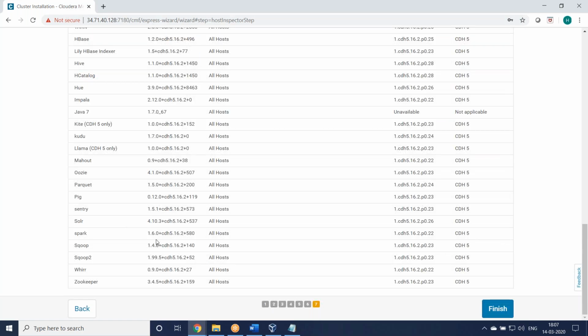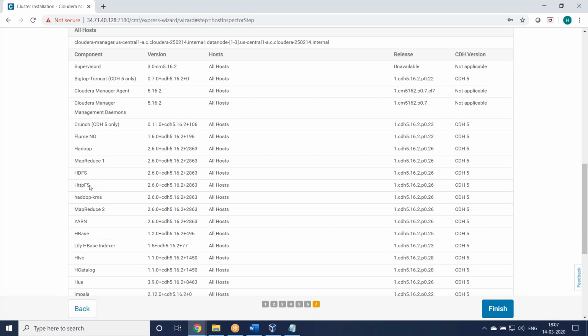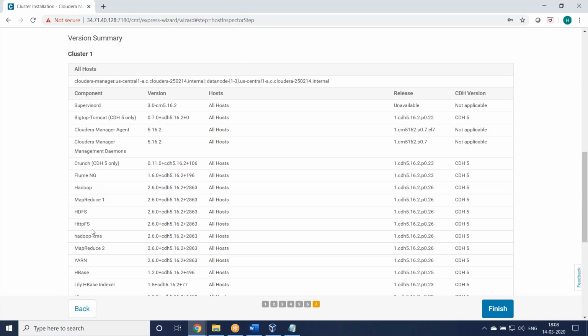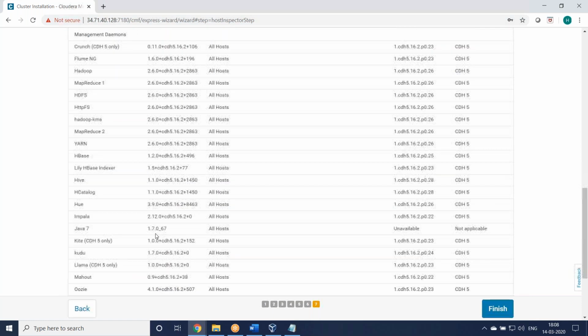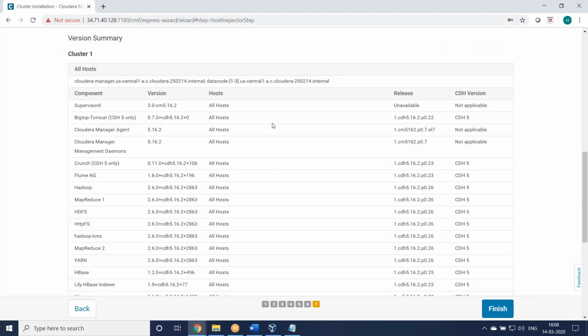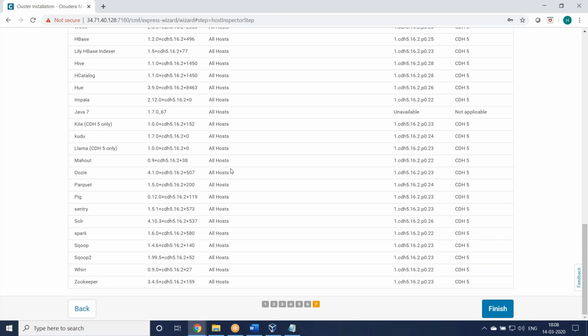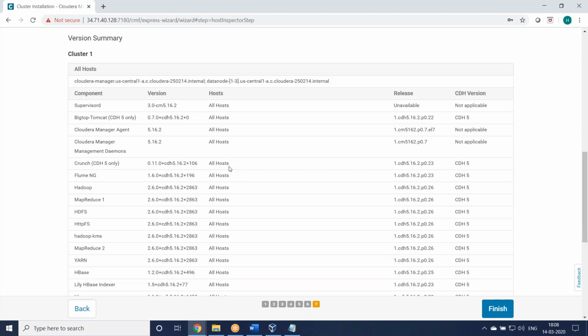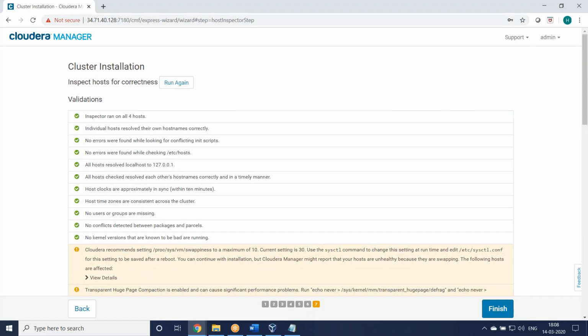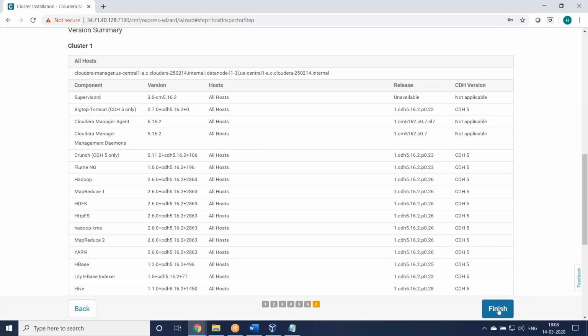Which one supports Zookeeper also? They have given every version, every HDFS, Yarn, HBase, these are separate versions, right? So they package it this way. For 5.16.2, which other tools will be helpful, they created a package called Cloudera. Inside it, different tools, different versions, they made it a package. And we are now installing that package. If you install, all will come, but you have to select whether you require it or not. That we can see later, how to select that. Now it is done, cluster installation finished. We'll go and select.